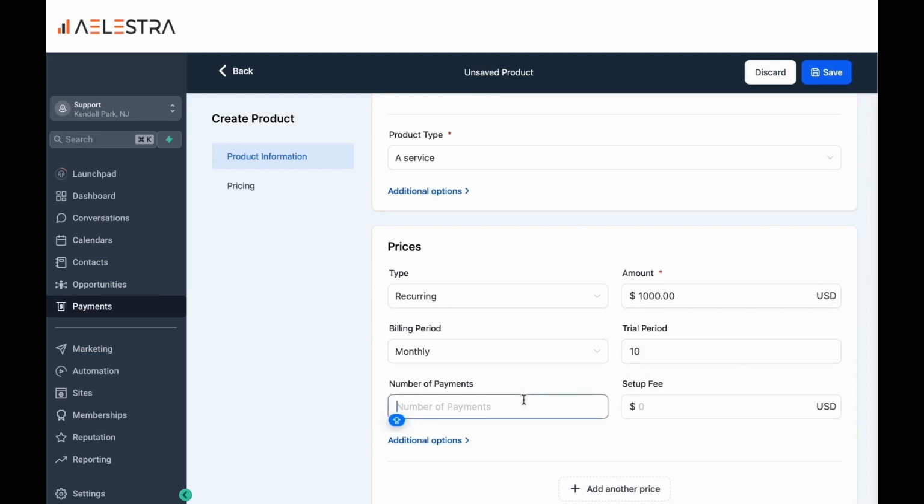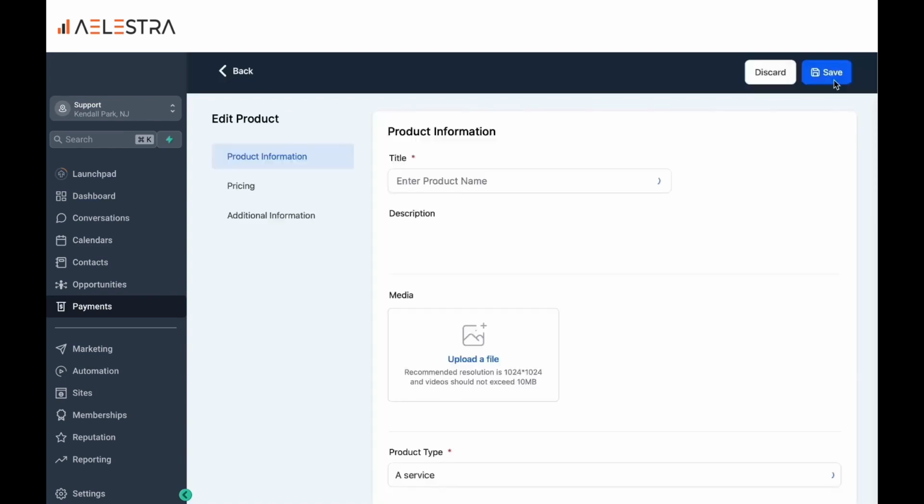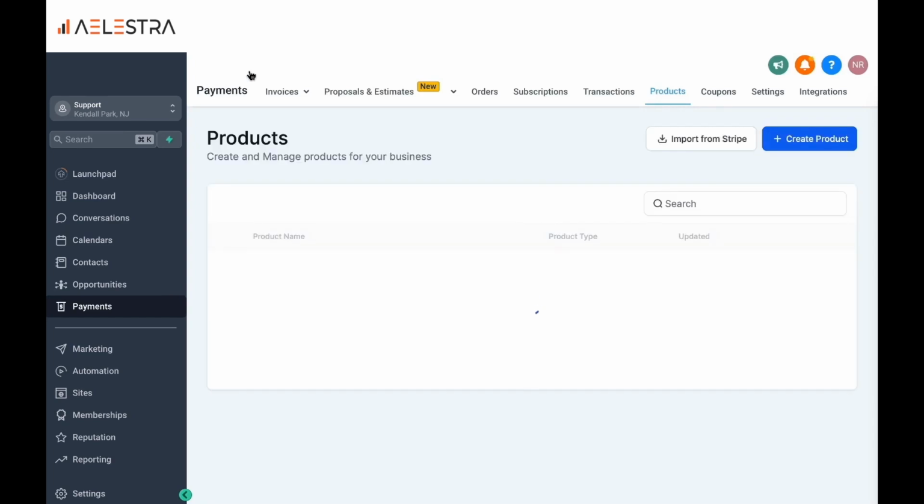And then you can also add the number of payments that you would like to have in this. So let's say it's a 6-month service, you can add the number of payments. And then if you also want to charge a setup fee on top of the recurring fee that you have, you can add that here. Now, once you're happy with all this, just click on Save here. And it will create a product that you can start using in your invoices, products, landing pages, websites, and all